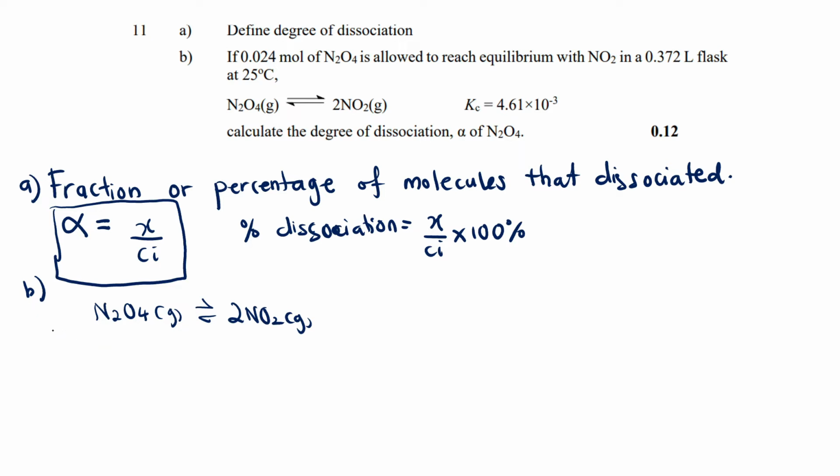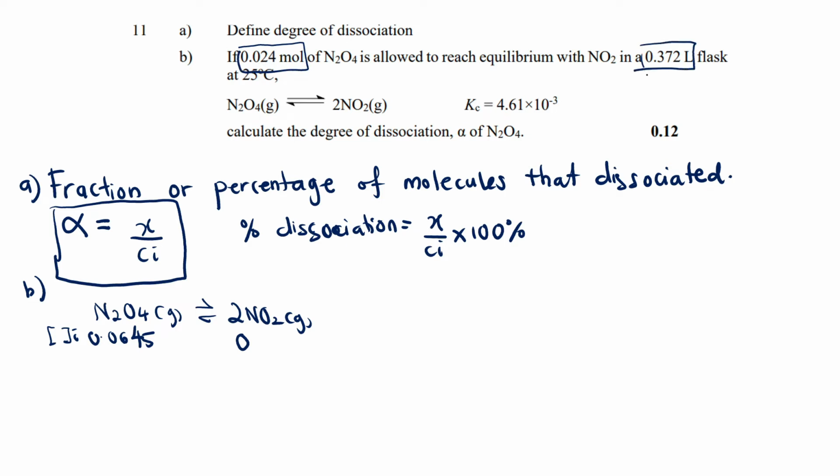So the initial concentration is 0.0645 molar, and the initial for NO2 is 0. So where we got 0.0645? You are given 0.024 mole in